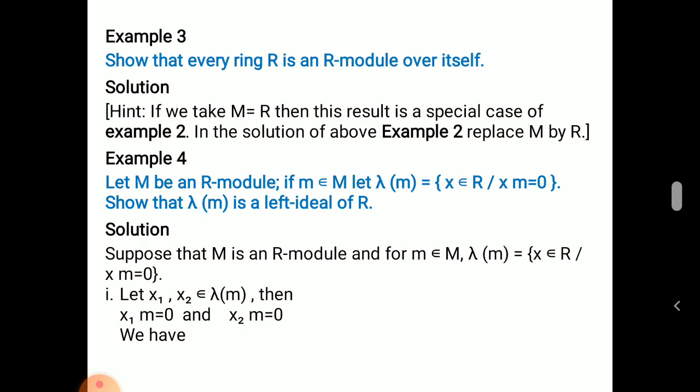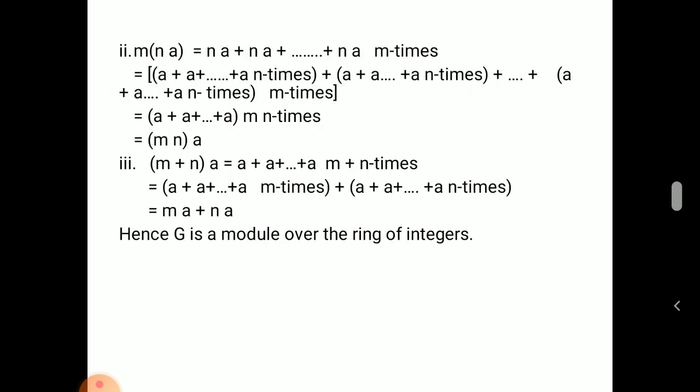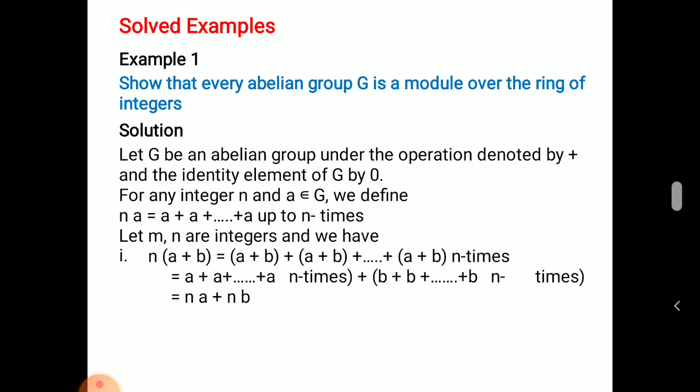With these examples, we conclude our lecture, but you have to remember the difference between vector space and module. In the case of a unital module, 1 belongs to R, and a finitely generated module means every element m belonging to the R module M is r1a1 plus r2a2 plus so on plus rnan, equal to m.